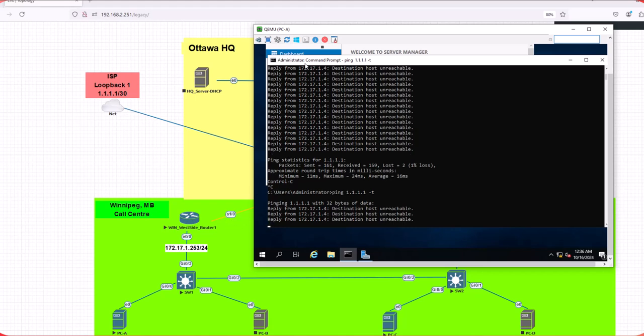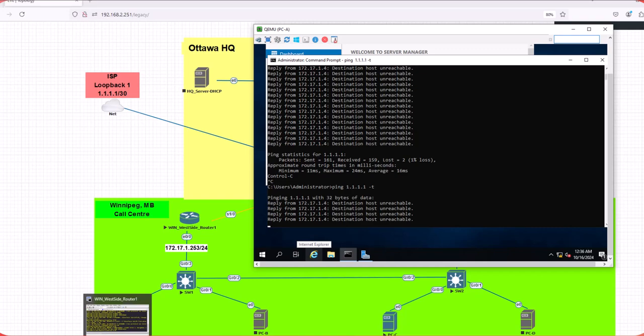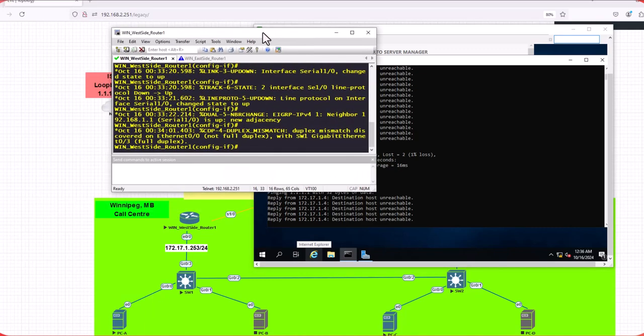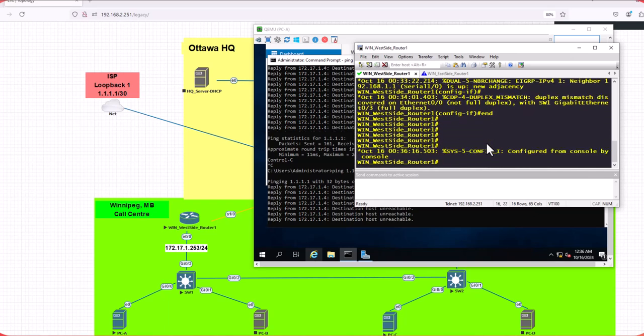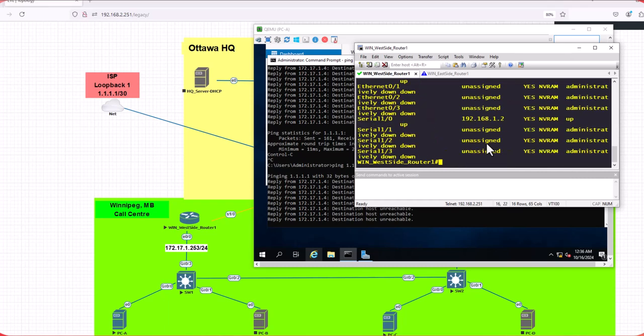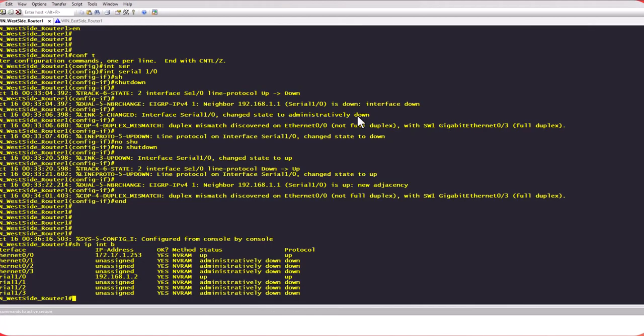Or maybe let me see if the port is shut down or not on the west side. Show IP interface brief. So serial 1/0, no, the port is up, I think. Serial 1/0